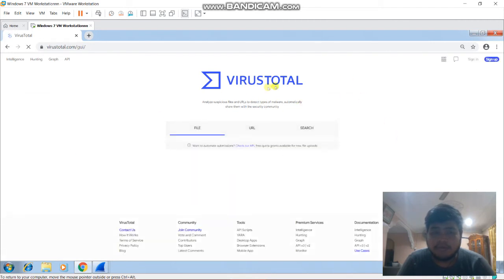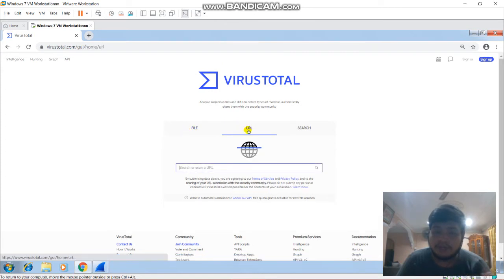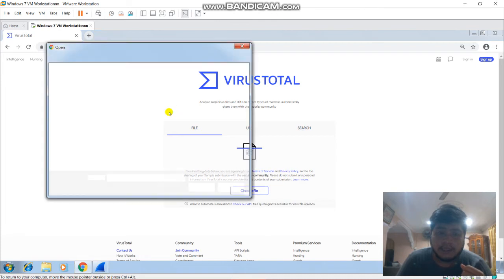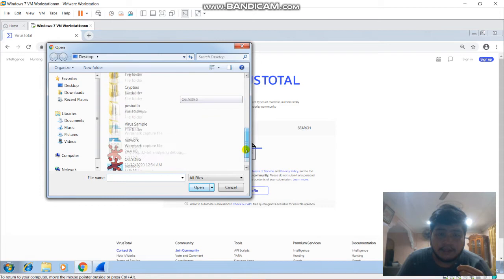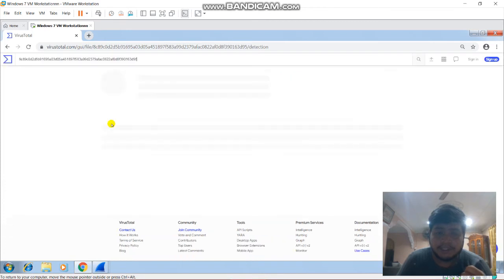Okay, if we can see, this is the interface of VirusTotal. We can choose to upload a file, give a URL link, or search. I want to choose upload, and then we select the target file, which is this, and let VirusTotal check the hash.